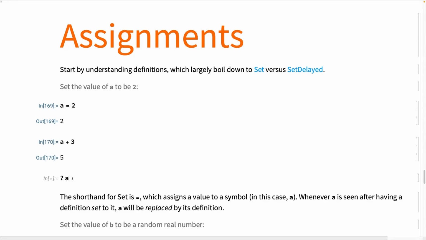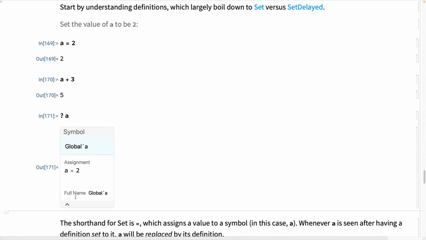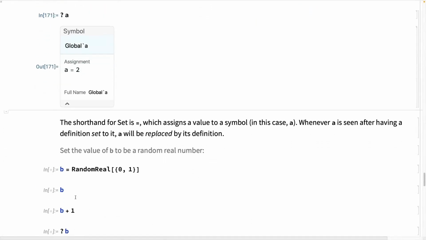And the reason is if we ask about a, we see that a is equal to 2. That's just a global definition for a. That's what a is. This, when we use equals, is called Set. And that just assigns a value to a symbol. Whenever the symbol is seen in a subsequent computation, it will be replaced by whatever value you've given it by